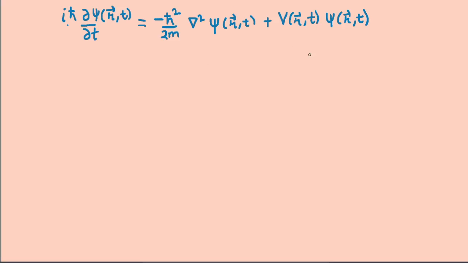So this is our Schrodinger equation, and in this part we'll be taking V equals 0, that is, the potential is equal to 0,